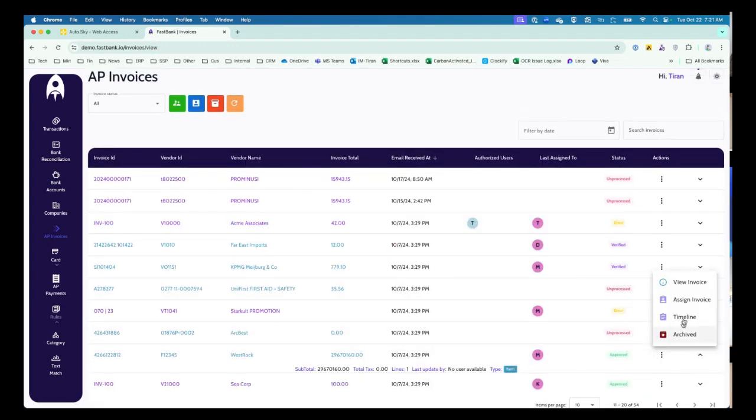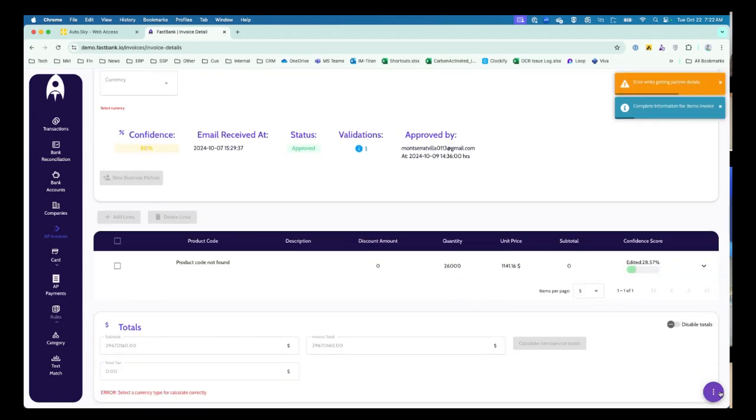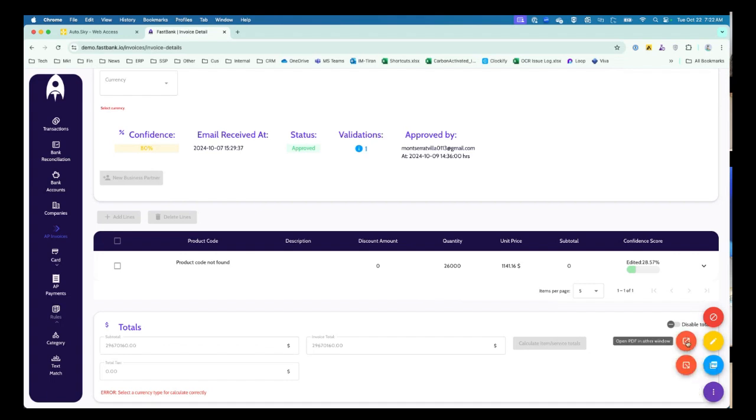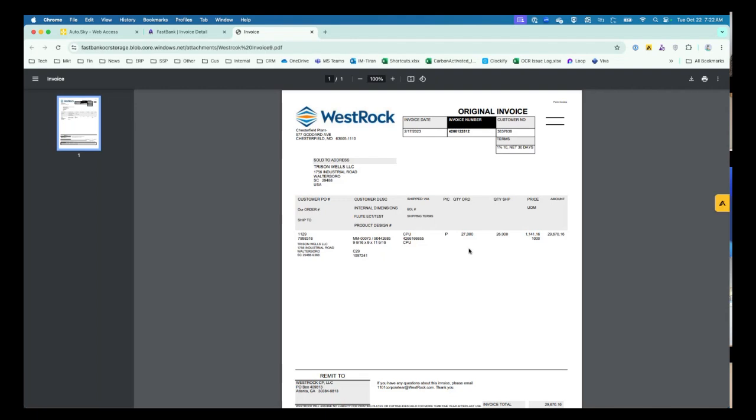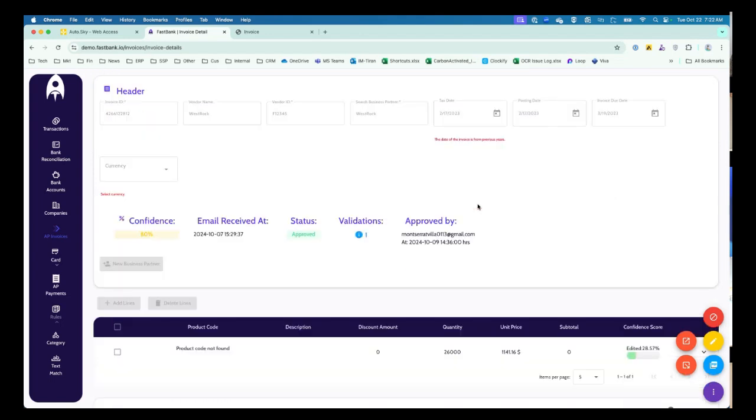We can bring in the transactions. If your AP invoices come through email, we can go and bring them in and read them, and it will automatically recognize everything. Let's say this particular invoice came in from a supplier. I wanted to open it up on a different tab. This came in, and you send that into an email. This is another module, and then it will recognize the business partner and the amount, and you obviously need to go and validate it.